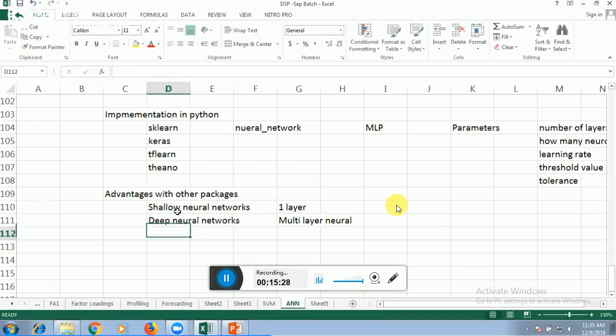When it's a deep neural network, there is some kind of customization you can do. One customization is, for each neuron, I want to select an